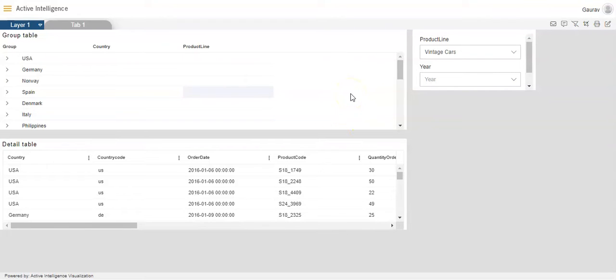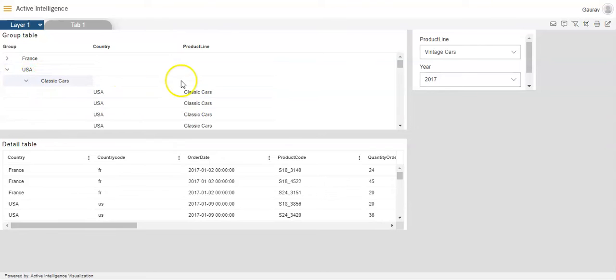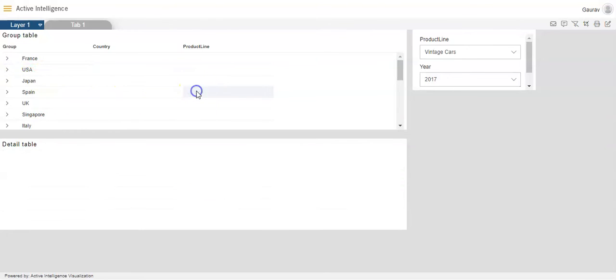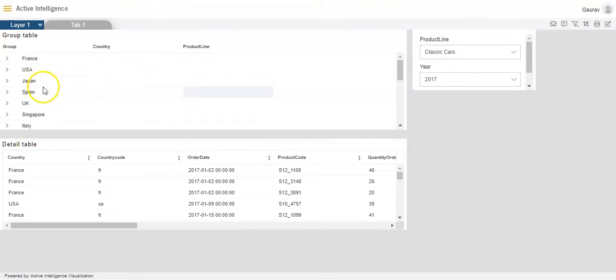So, for example, I'm selecting 2017 year over here, and I will click on one of the product lines like this, so you'll see that it is getting collapsed because I have selected air over here, and this air data gets reflected in both the tables, since this air filter is linked with both the tables, and because of which that column product line gets collapsed.